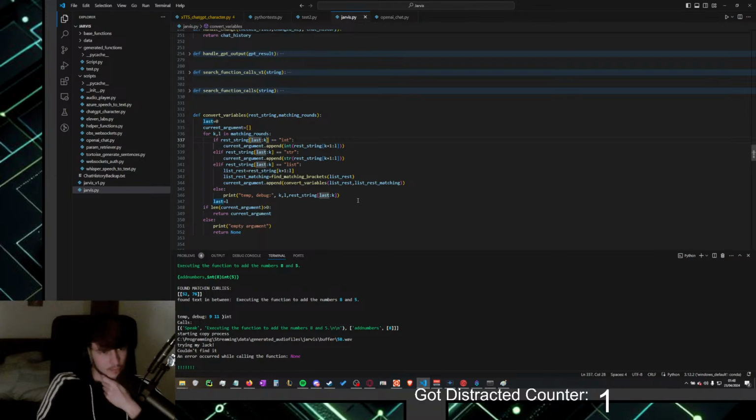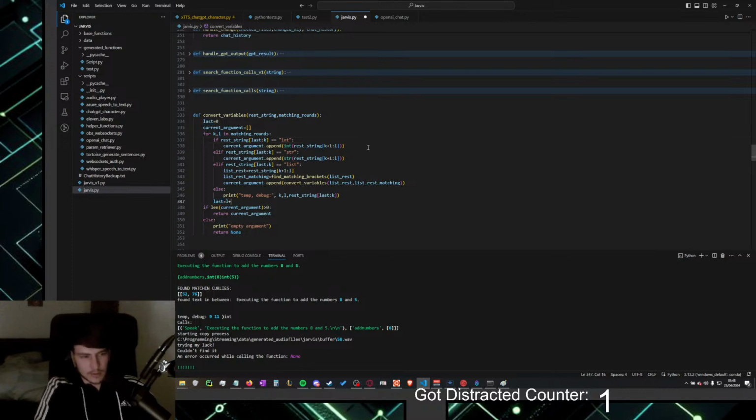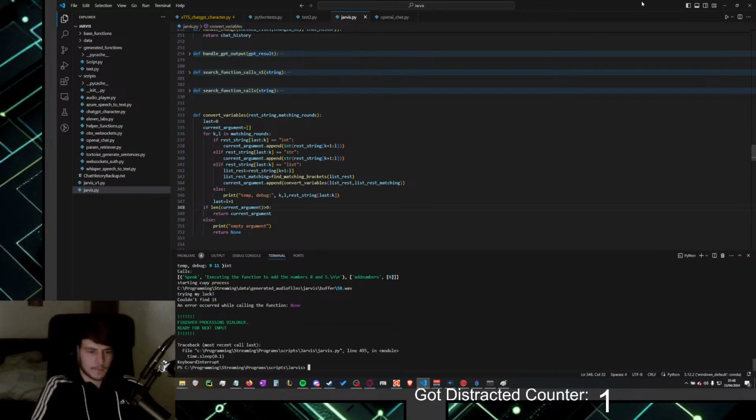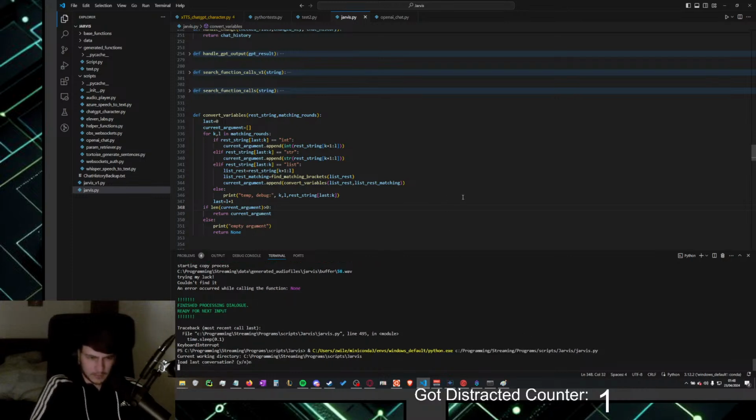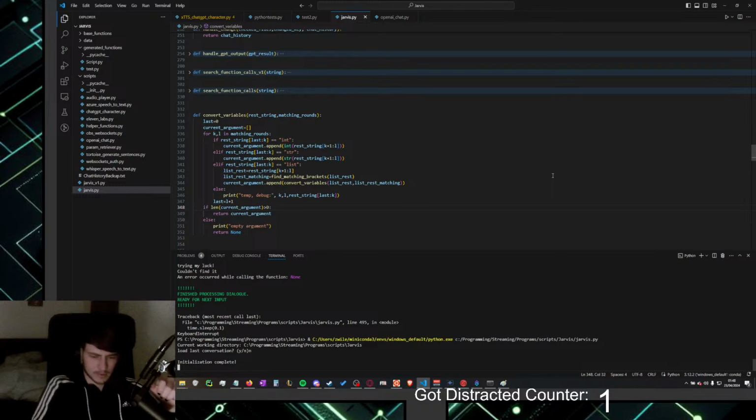Just saying last plus 1, right? Oh, not necessarily. Last is L plus 1, because the first one works, but then there needs to be L plus 1. Yes, definitely. That should do the trick though, I think. Also the calling thing might be broken, but that's the next thing to debug then, I guess.